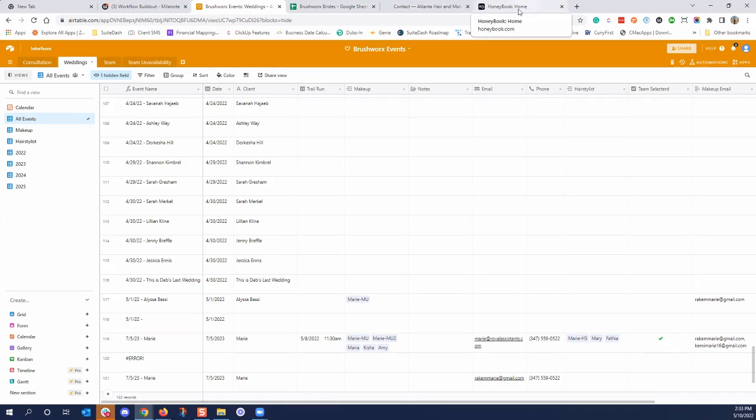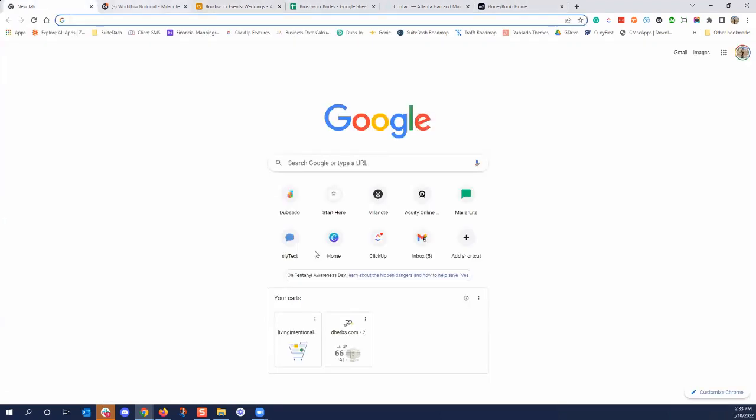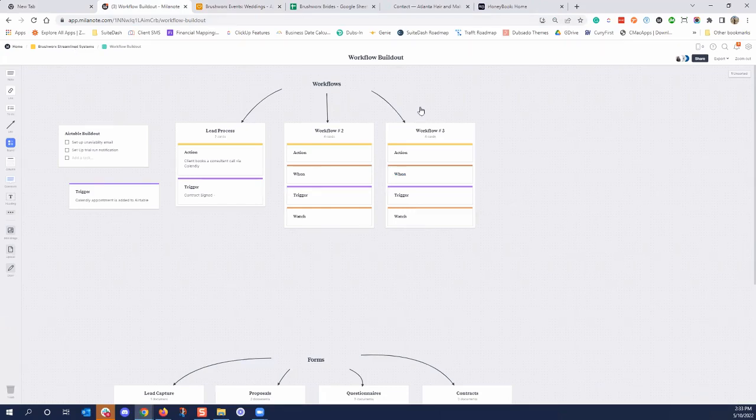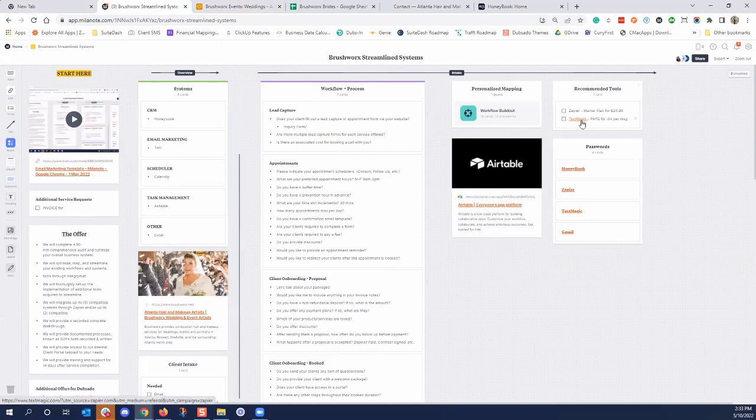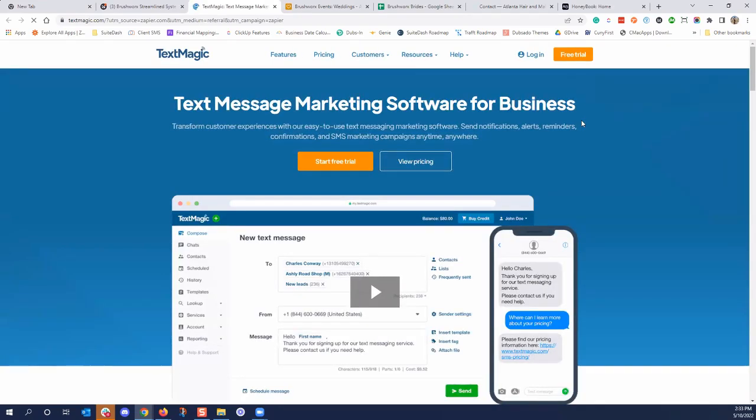is called, let me go back to your sheets, y'all. It's called Text Magic, and it's a pay-as-you-go kind of tool. So it's 4.004 cents. What I like about it is that you're able to just create a Zap, which is the tool that I'm going to be using to connect all this. And Zapier is going to be the tool that we use to actually create a new message. Okay. Okay, wait. Go ahead.